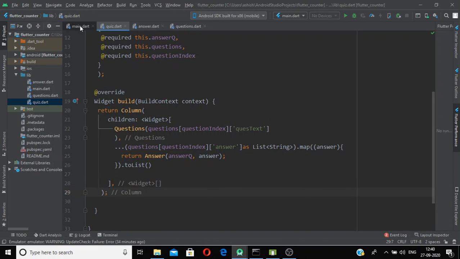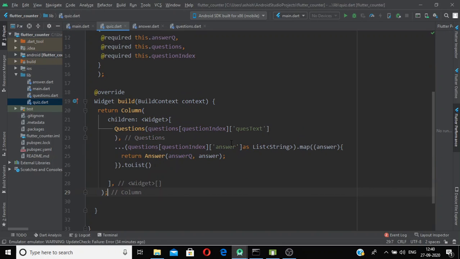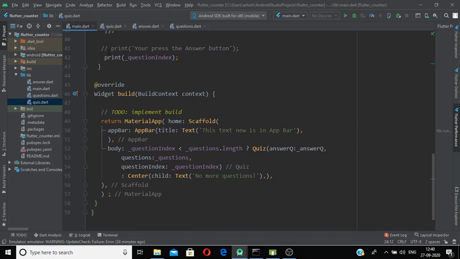If I once again recall this thing, inside this quiz.dart file we are calling our quiz question and answer widgets. So our main.dart file calls the custom widget quiz and passes the pointer to the answer method and the question variable, meaning the question list.